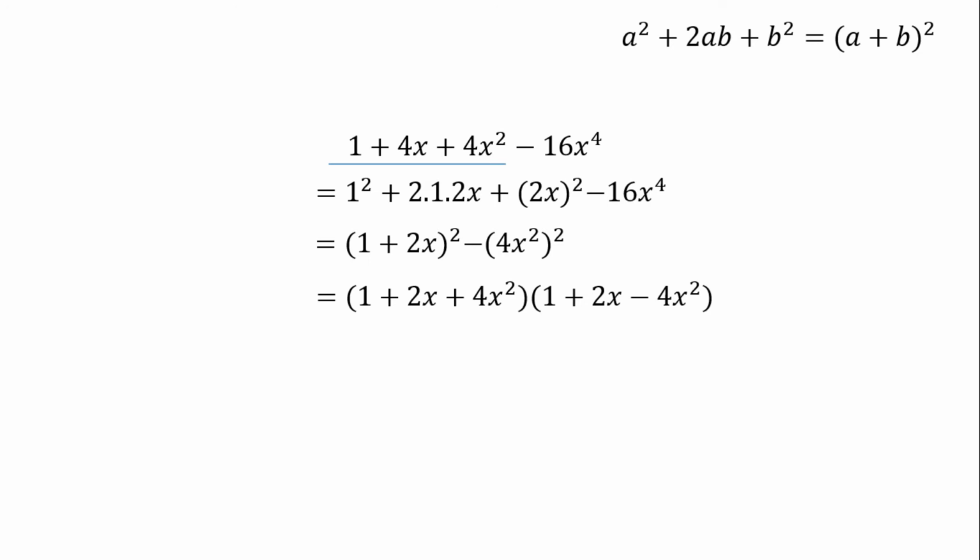In the same way we can solve this type of problem, only we have to focus on the first 3 terms or last 3. Generally it is given in first 3 or last 3, means we have to see whether the 3 terms are in the form of a square 2ab b square or not. If we can see this type of expression, then we have to factorize this 4 terms algebraic expression by dividing them into 3 and 1 terms.